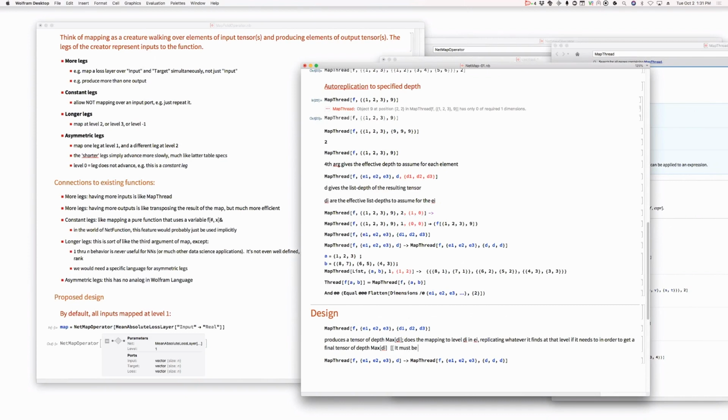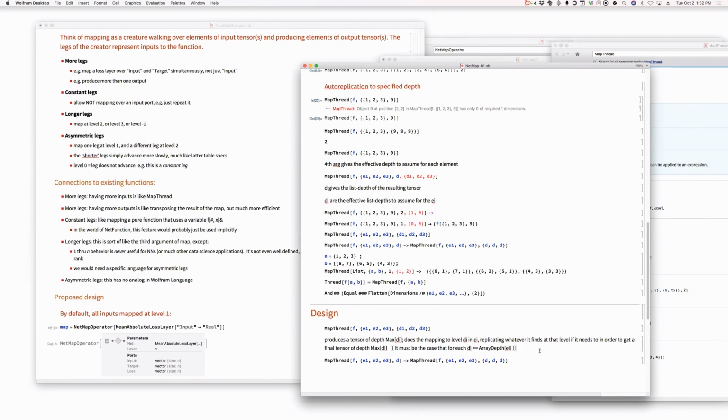It must be the case that for each I, d sub I is less than or equal to e sub I. Right? The depth of e sub I. Oh, the depth of e sub I, the list depth of e sub I. Array depth, I think, is the actual thing. Yeah, that's right. And so maybe a better way to talk about the broadcasting is something like